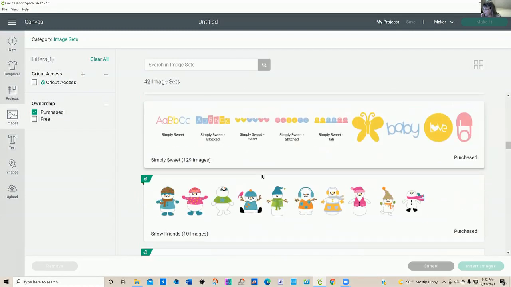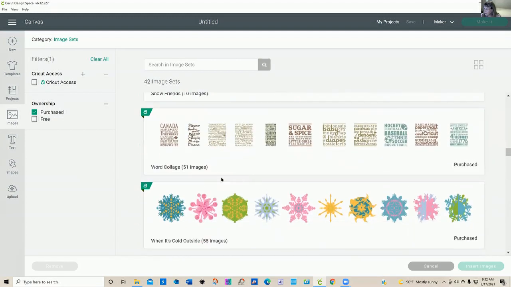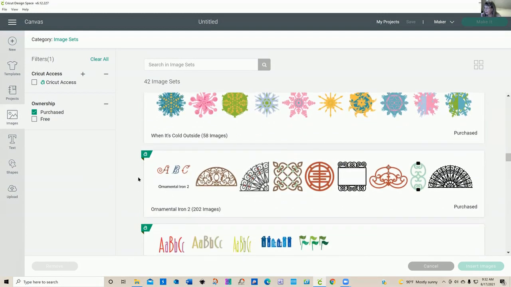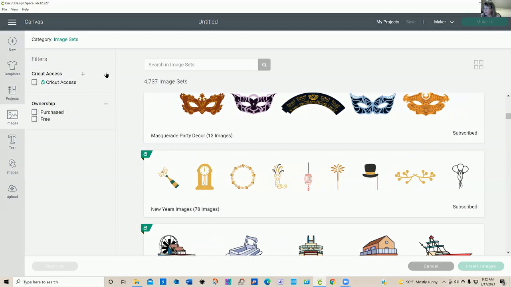Now, some of these cartridges have a font that goes with them. You're not going to see the font anywhere in this image set. You're going to find it in the text icon, which is right down here. So let's go ahead and go back to